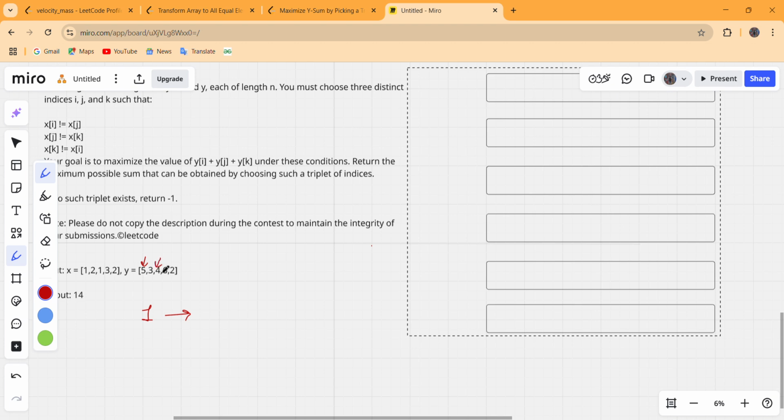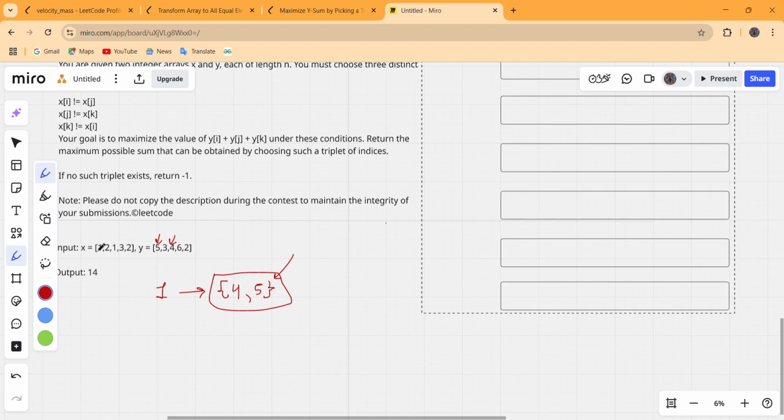So let us write this 4 and 5 against the 1. This could be any data structure possible, whether a vector, a priority queue, an unordered set or something else.